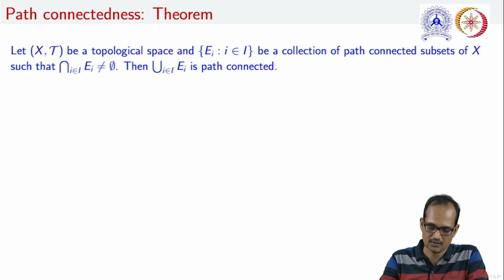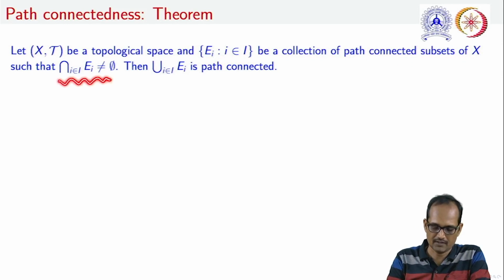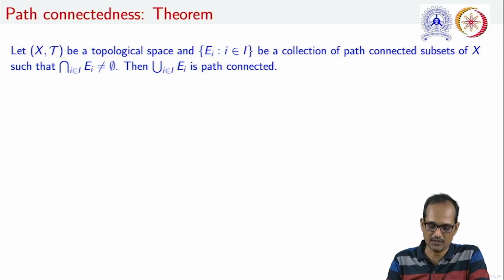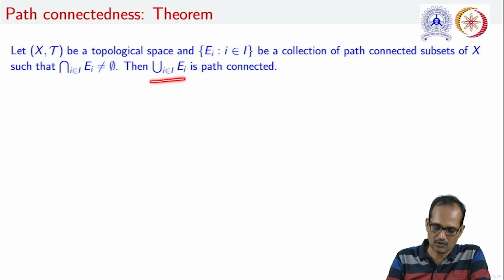The statement of this theorem is that if (X, τ) is a topological space and this is a collection of path connected subsets of X satisfying that their intersection is non-empty, then the union of E_i, i belongs to I, is